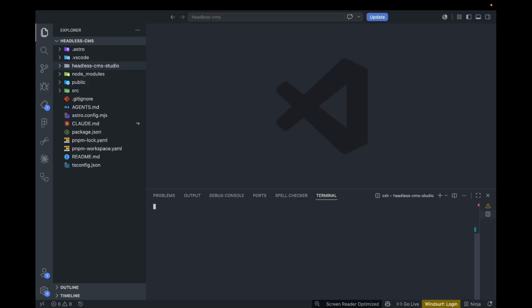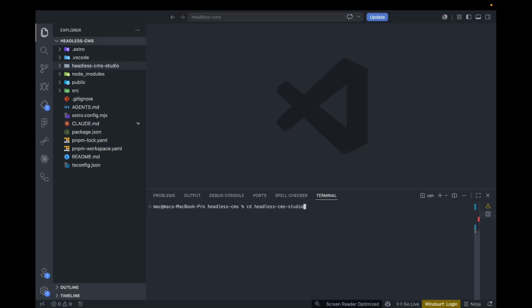So what I will do, I can just quickly go back to our root folder, which is the headless CMS, and just try a pnpm install. Okay, so that didn't fix anything. So if we check now, okay, so another option, so let me clear this, to cd back into the headless